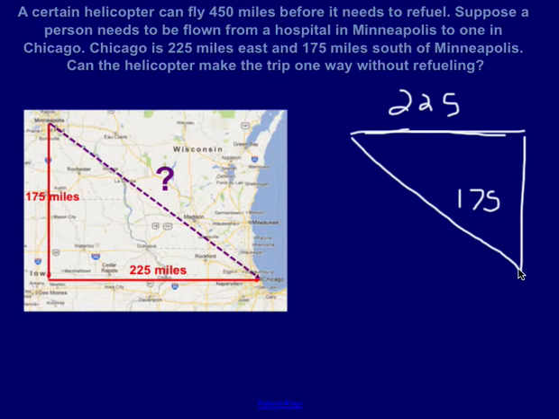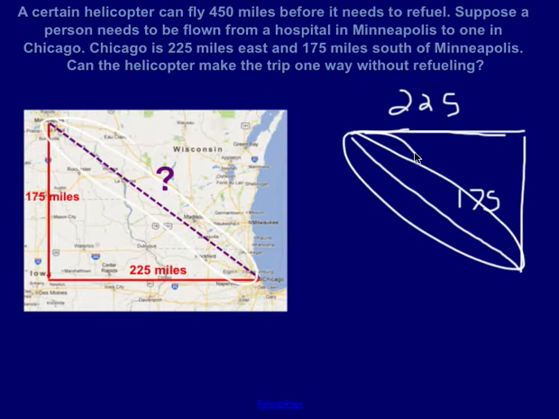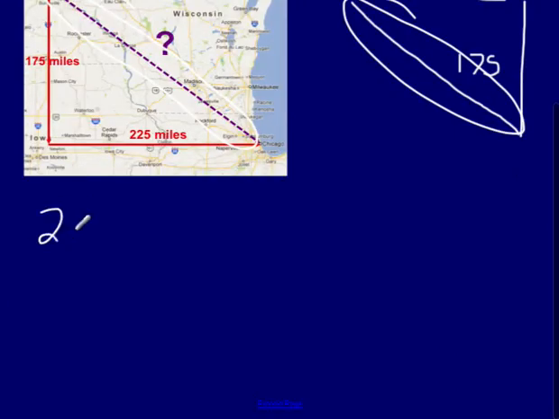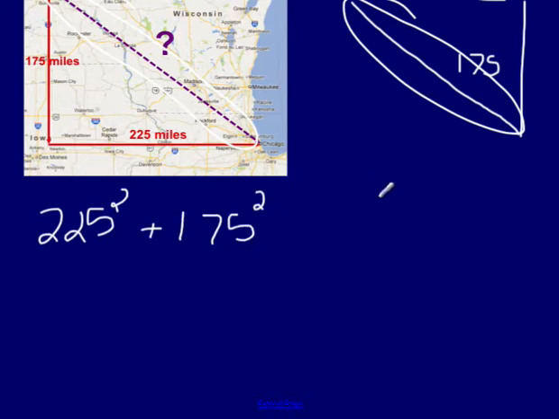Well, are we going to go all the way east and all the way south? No, we're going to fly along the hypotenuse. So to start off, I'm going to use the Pythagorean theorem to figure this out. I'm going to do 225 squared plus 175 squared and see if that's equal to x squared. So 225 squared is going to be